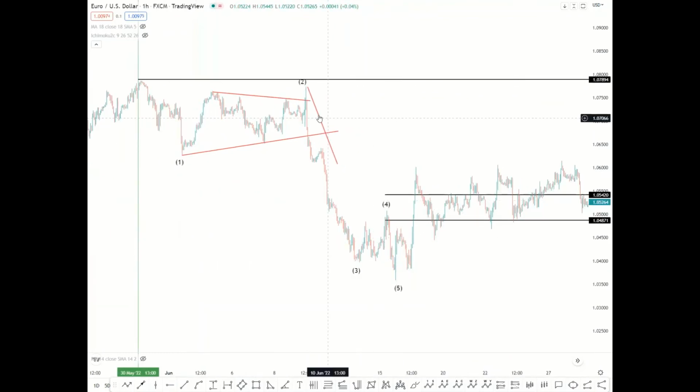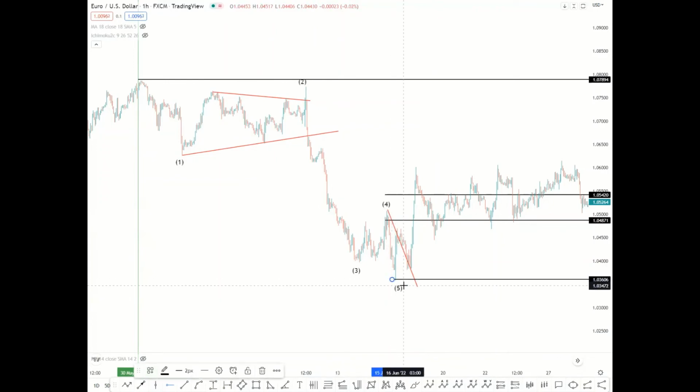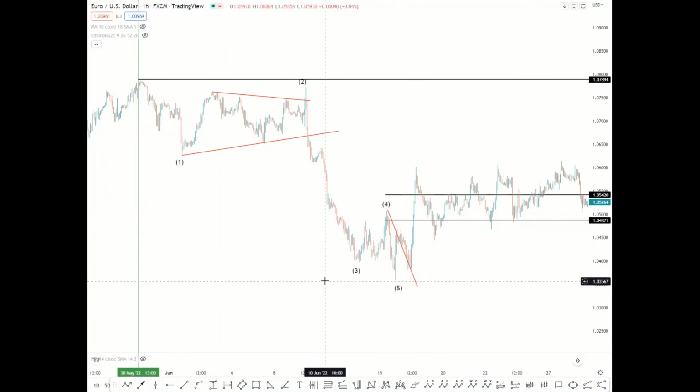Then you get your 4 over here. This is actually equal to the length of 1, right? And I told you that the length of 5, from 4 to 5, needs to be equal to the length from 0 to 1. So if 4 terminated over here, it actually gave us something very special. Though it terminated over here, it's not always going to be 100% accurate,